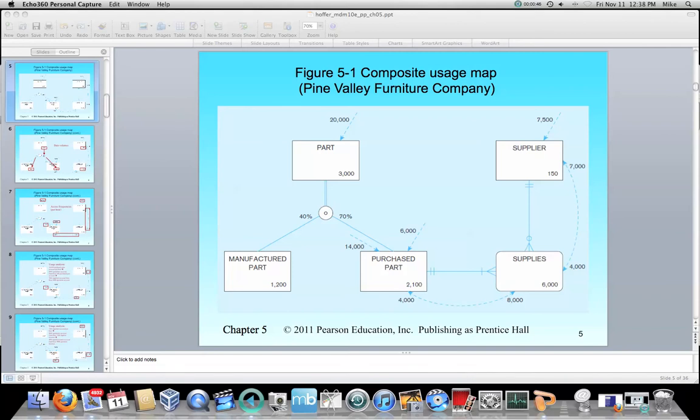Here we're talking about Pine Valley Furniture, and we're talking about parts. Part is a supertype. We have two subtypes: manufactured part and purchased part. Obviously, from the O, we know that a part can be both manufactured and purchased at the same time. A purchased part is going to come from a supplier, but the relationship between purchased part and supplier is many-to-many. That's being broken down by using an associative entity called supplies. So let's take a look